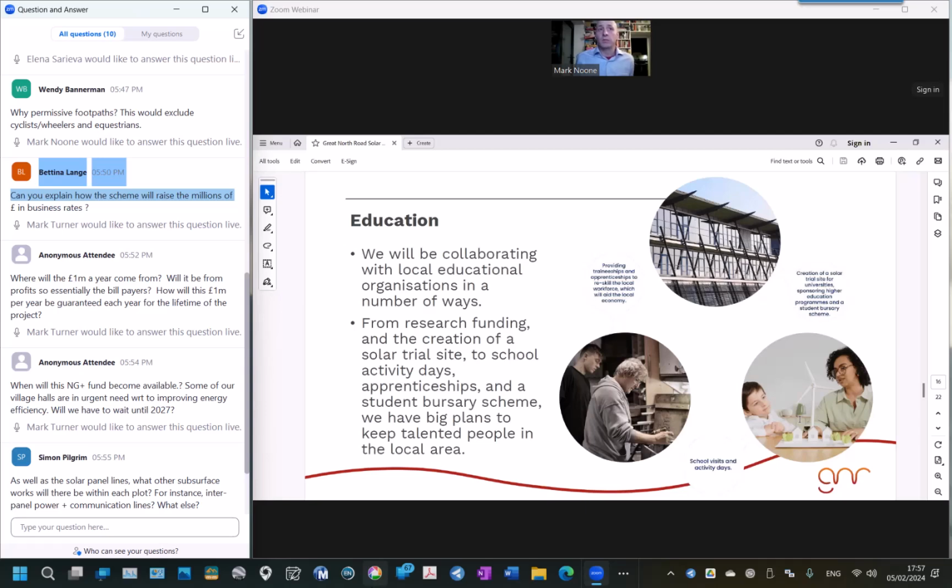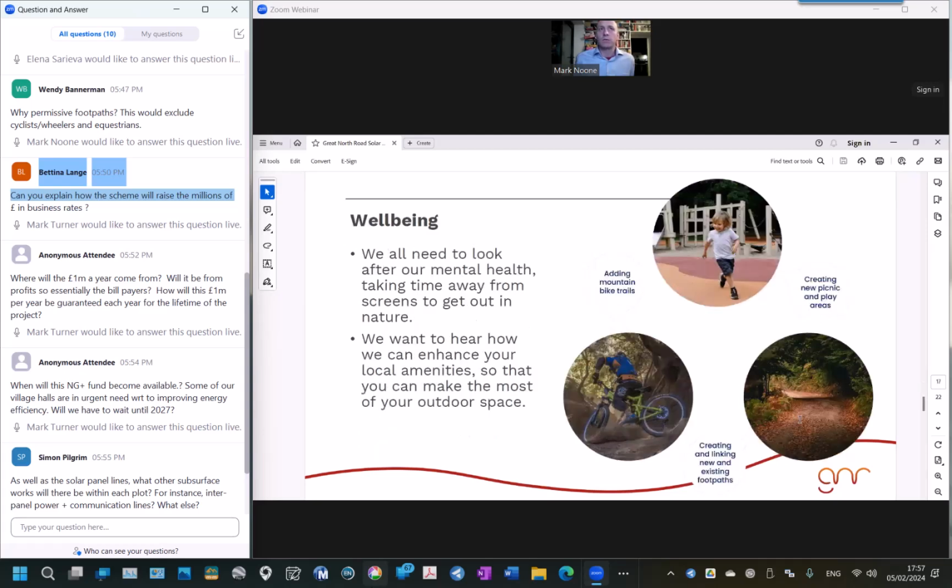We want this to be, and we believe that it is going to be, a wonderful scheme for the local area. But we're consulting on all these matters. We want your feedback on all of these elements. And again, well-being, I see there are some questions coming through as well on whether things should be bridleways or cyclists and so on.